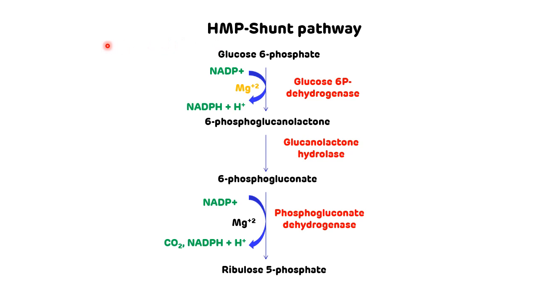Once you have written the pathway completely, then you can also add a note on the rate limiting enzyme. Say for example, glucose 6-phosphate dehydrogenase is the rate limiting enzyme for the HMP shunt pathway. Then just beside the glucose 6-phosphate dehydrogenase, you can write that it is the rate limiting enzyme and just block it. So it will create a positive impact on the examiner's mind that the student has an idea regarding the rate limiting enzyme too.